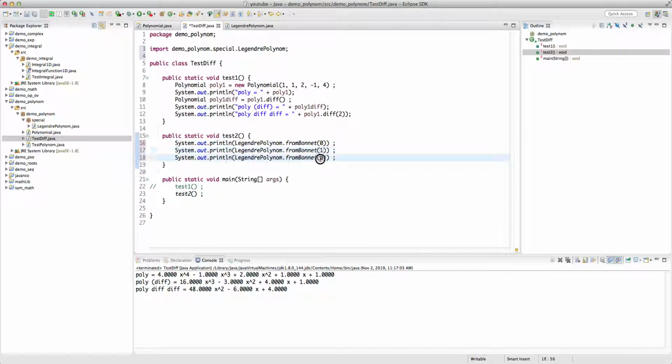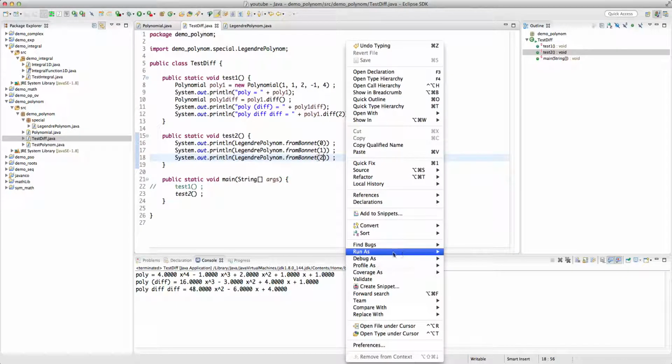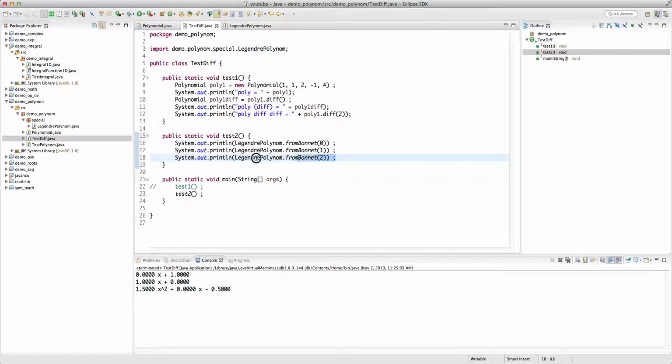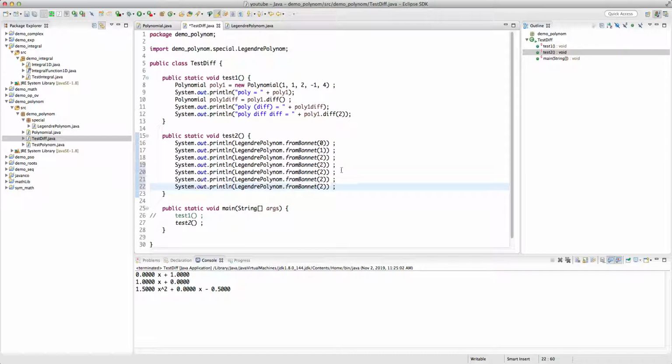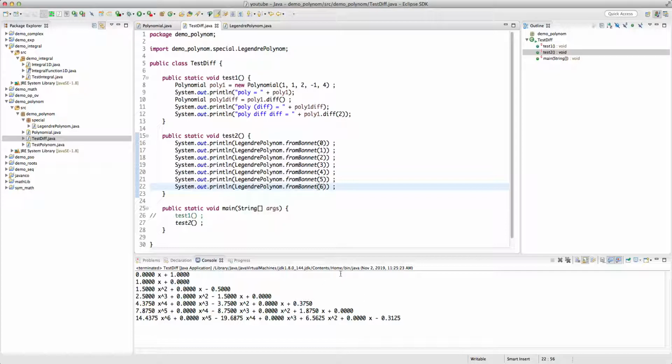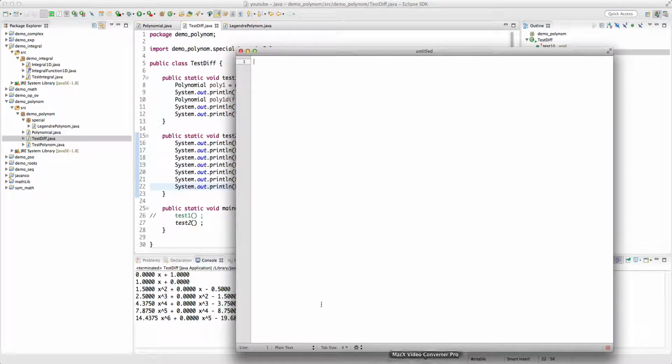We already know that 0 and 1 should be 1 and x, and the second one is 1.5 x squared plus 0x minus 0.5. Then 3, 4, 5, 6. All right, what I'm going to do here, let's copy these